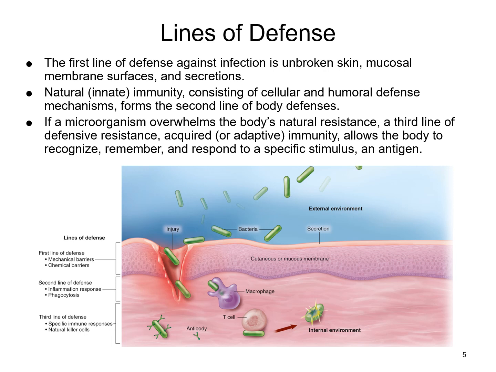So if that's the case, you're actually going to need that third line of defense to help with those particular cells. So this diagram here, this picture here, is kind of showing those lines of defense where you have a breach in that skin layer, and then you have bacteria actually enter, and then you have that macrophage that's going to do that phagocytosis, and then from there